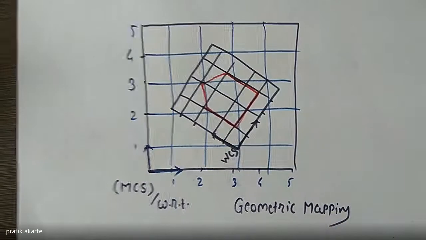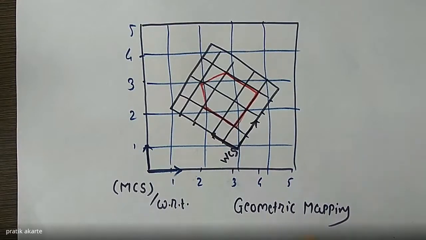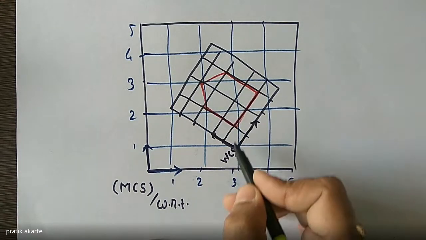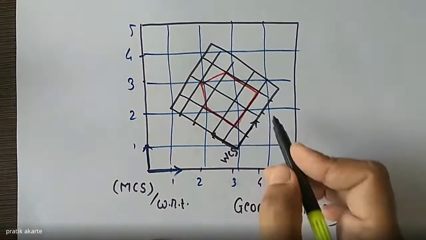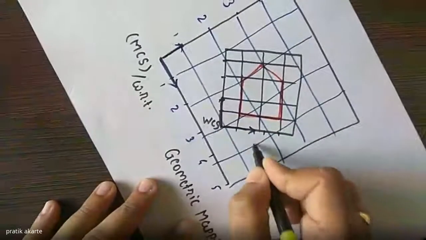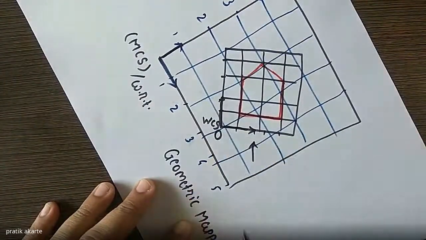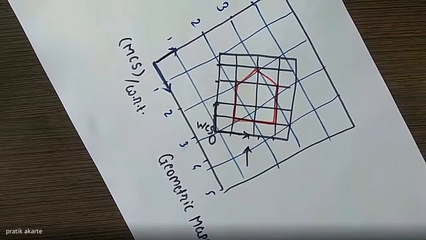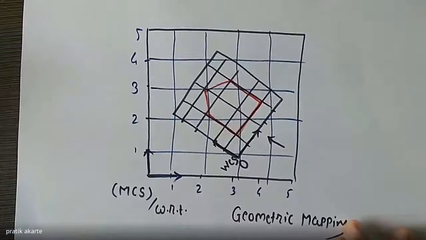Okay, so this is the difference between your working coordinate system and model coordinate system. Fine. Most of the time, this system is the same as your screen coordinate system, because you are viewing from this direction, and the lower left corner will be the origin of your model. So most of the time it is a screen coordinate system.